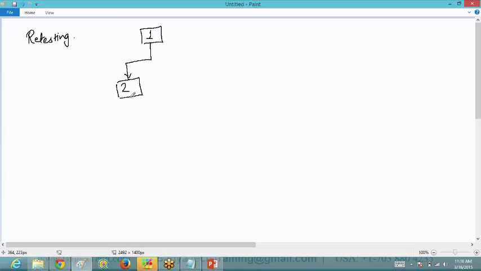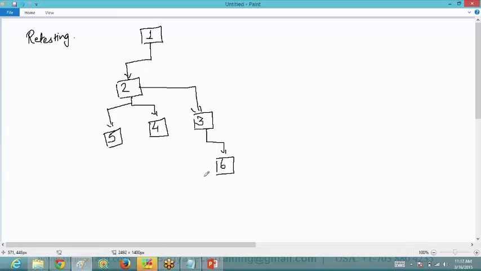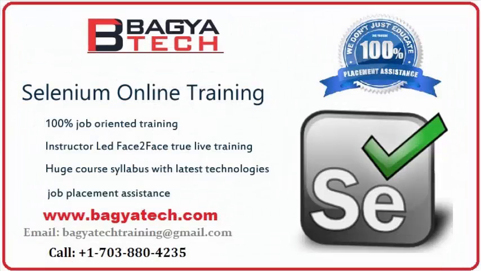This is the first module, then this is the second module, and suppose there are some 6 modules in the software, and the DFD, or the data flow diagram, for that is like this, which is created by the architect.